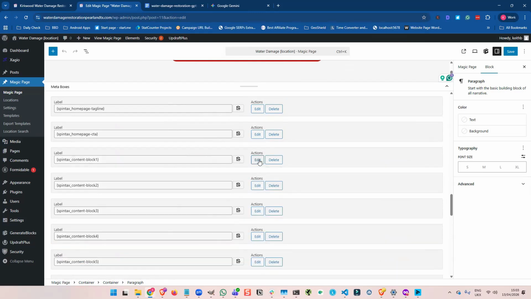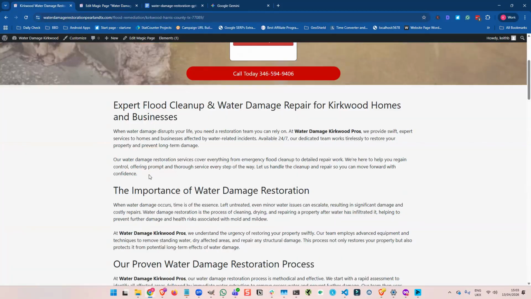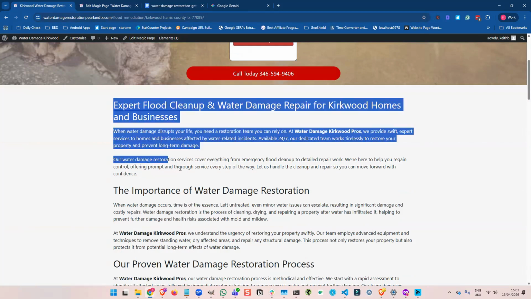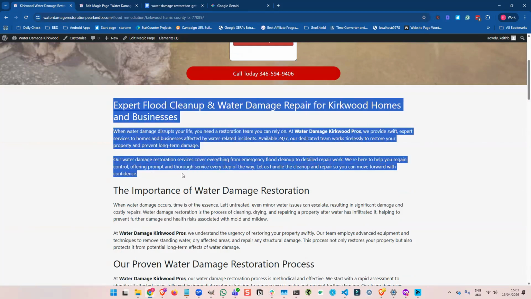Okay, now how you do that, there's a million and one different ways of doing it. But obviously, the most obvious one, which everybody will think of, is using things like ChatGPT and Google. So if we go to here and I pull that in, say, because this is going to be content block one,